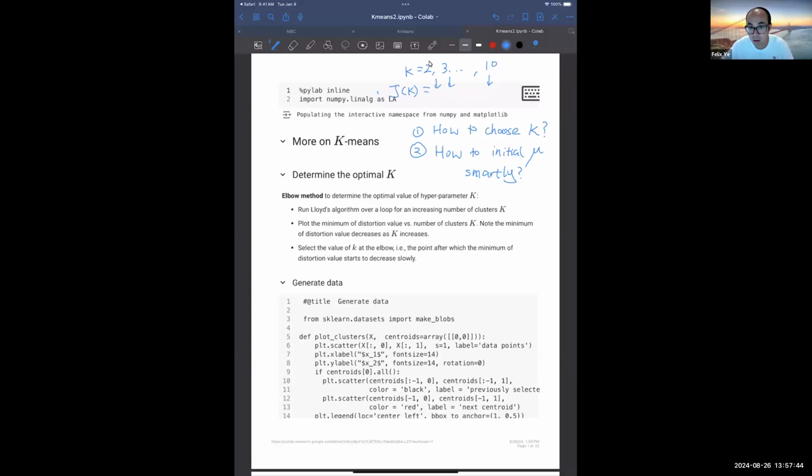Then you find the K that minimizes this J of K, like what we did in supervised learning, because in supervised learning K is a kind of hyperparameter. For the test data set, we might have something like a U shape when we plug in new data, so there will be an optimal hyperparameter K. But this won't work